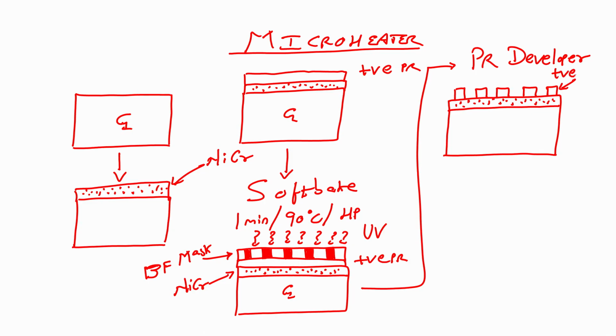This is my positive photoresist, this is nichrome, this is glass. What will happen? The area which is not exposed becomes stronger and the area which is exposed will become weaker, right. After this, what is the next step? Next step is hard bake. Hard bake is done at 120 degree centigrade for 1 minute on hot plate,